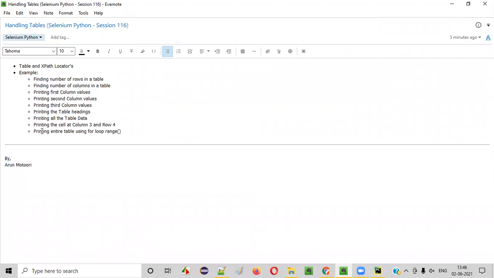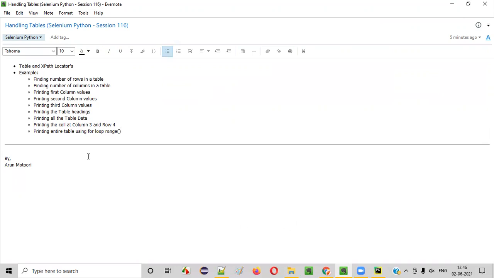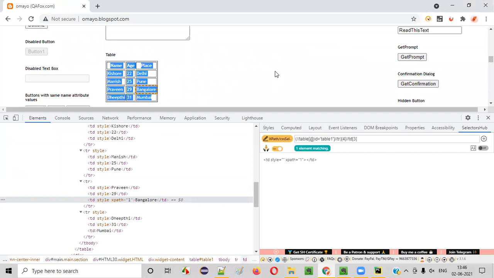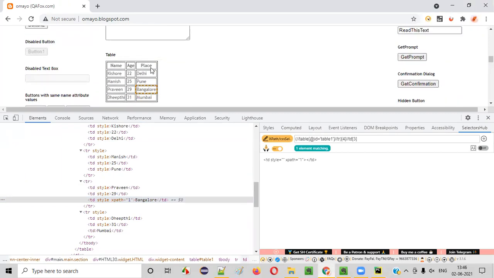Fine. Printing entire table using for loop range. I want to print this particular table as it is in the output, like name, age, place, Kishore 22 Delhi, Manish 25 Pune, Praveen 29 Bangalore, Deepthi 31 Mumbai. As it is, I want to print in the output.